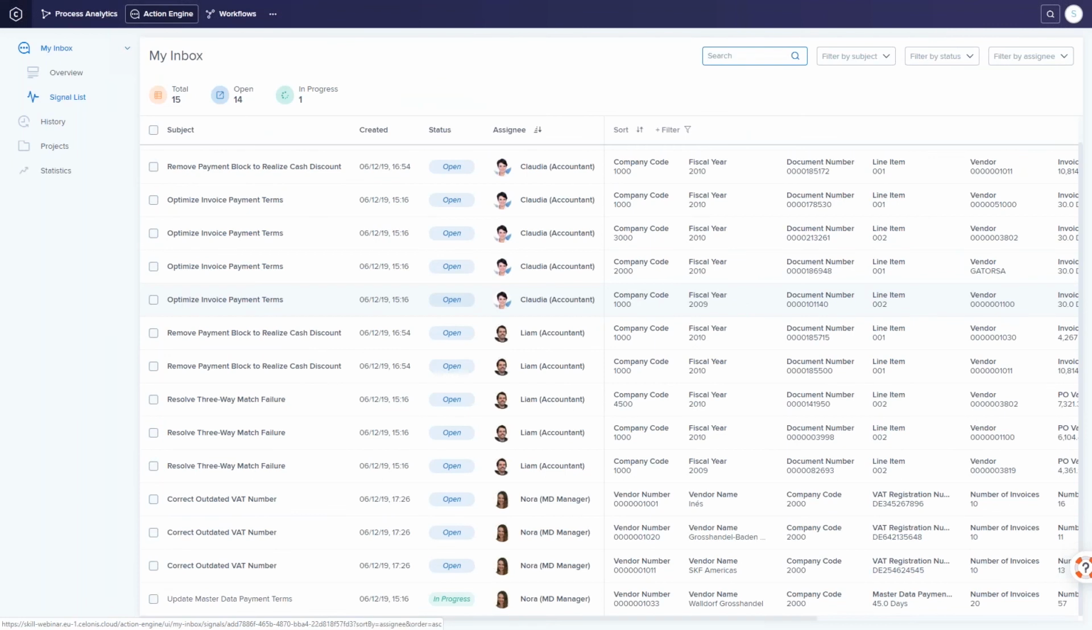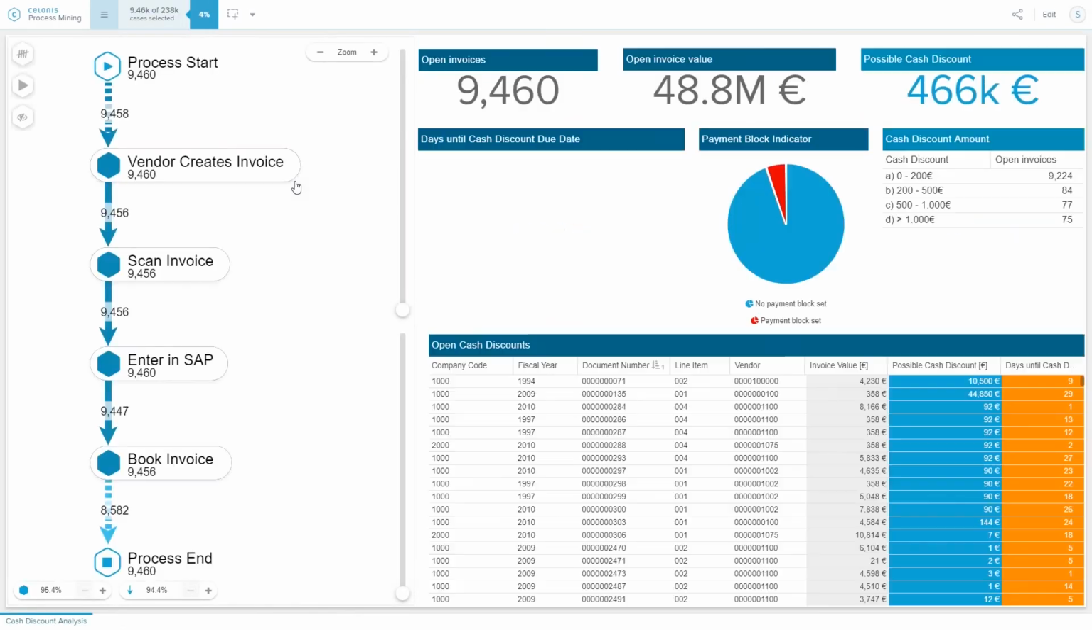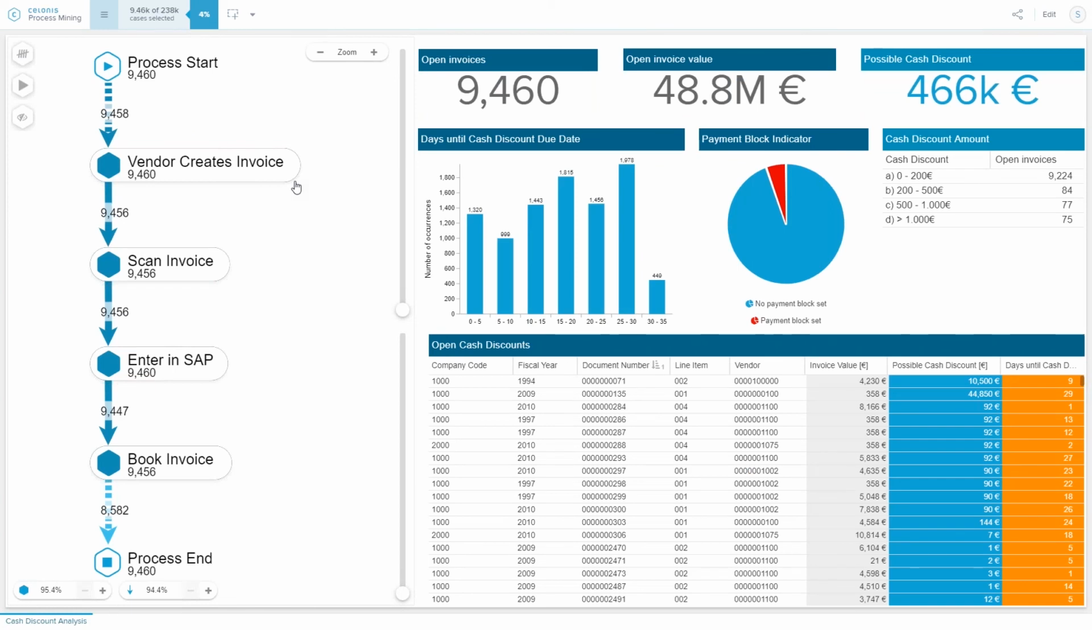All right, but let's now start with setting up our first own skill. As said, we're going to focus on creating skills out of a Celonis analysis. That's why we're going to go to the process analytics application in the top left. There we see one and only one analysis, the discover part, that deals with the topic of cash discounts. If we click on this particular analysis, we enter it,